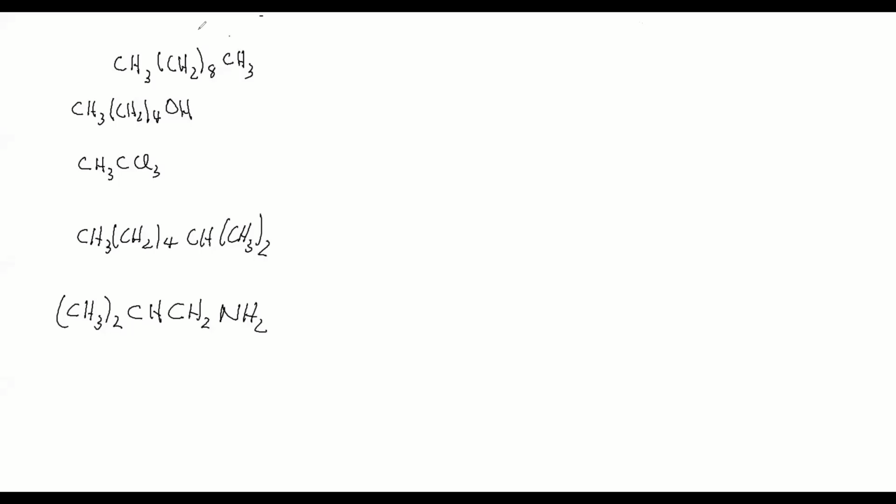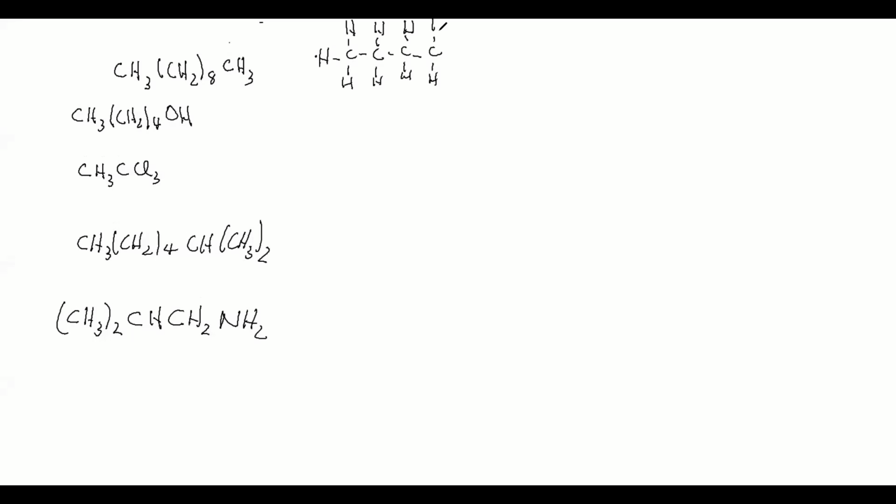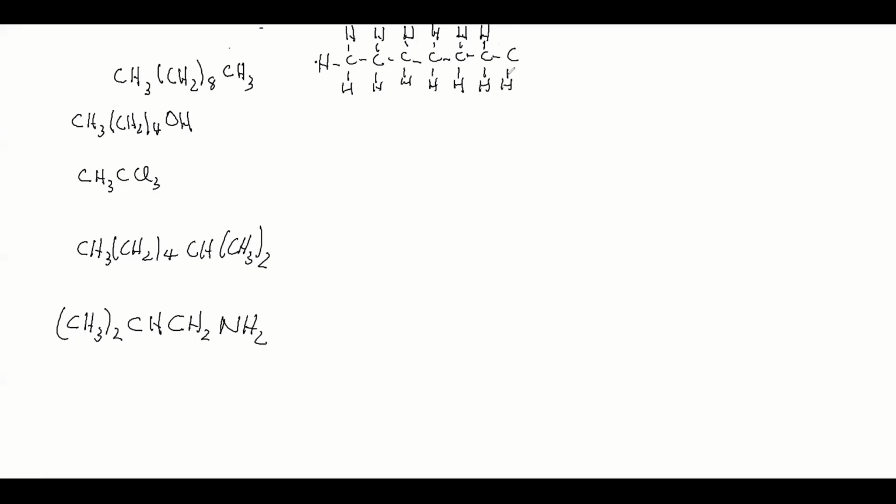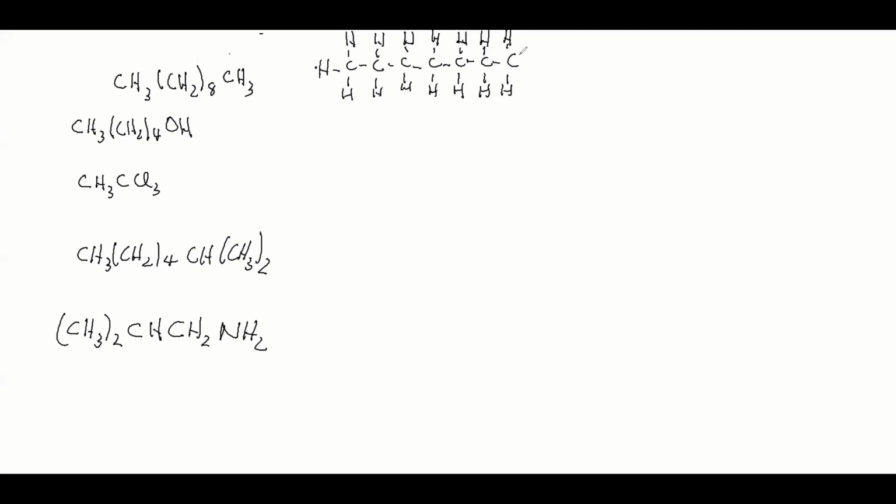Okay, so now we're going to go the opposite direction. We're given the condensed formulas, and then let's write the full Lewis structure. So if we start here, there's a CH3 group. So we're going to do it like this. And then there's 8 of these CH2 groups. So 1, 2, 3. This is tedious. 1, 2, 3, 4, 5, 6, 7, and then 8 finally. All right, so we have that, and then we have CH, another C, and then H,